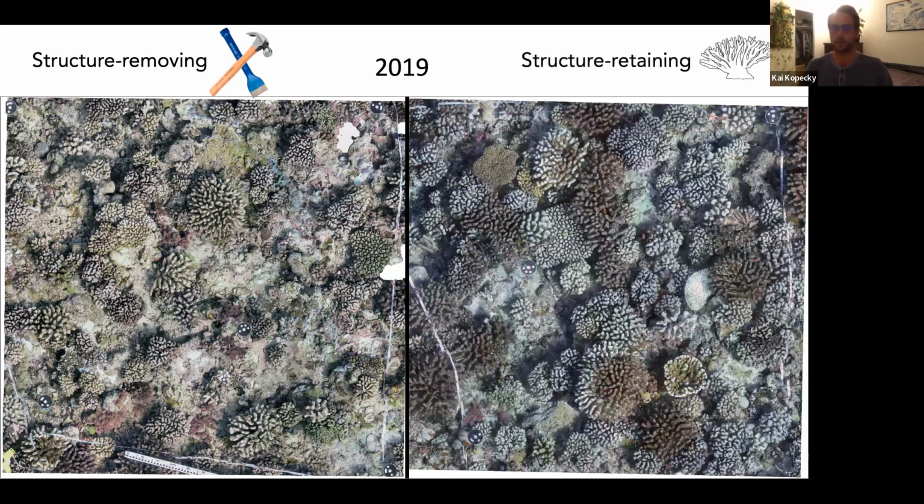You can see the difference when you look at a plot right next to it where I didn't take the dead coral out. All these big brown fuzzy looking corals are actually dead. They died in the bleaching event. So it's a pretty different environment for the corals that are still alive. I was really interested in whether having the dead stuff around affects the growth of the living corals. The way I measured it is using this program I've been helping some people develop